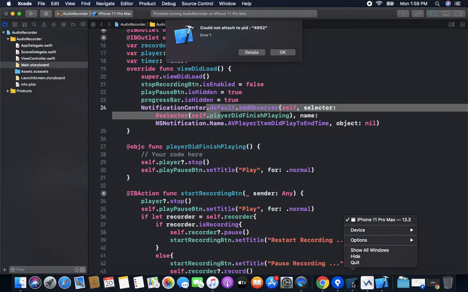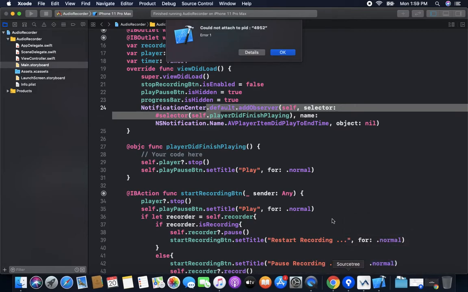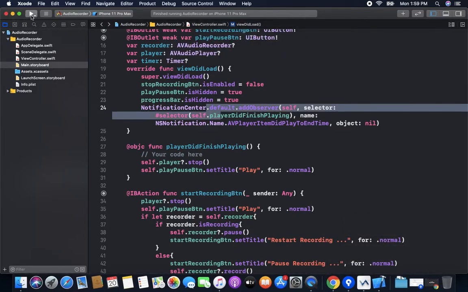Unable to run, so we just quit the simulator and run it again.